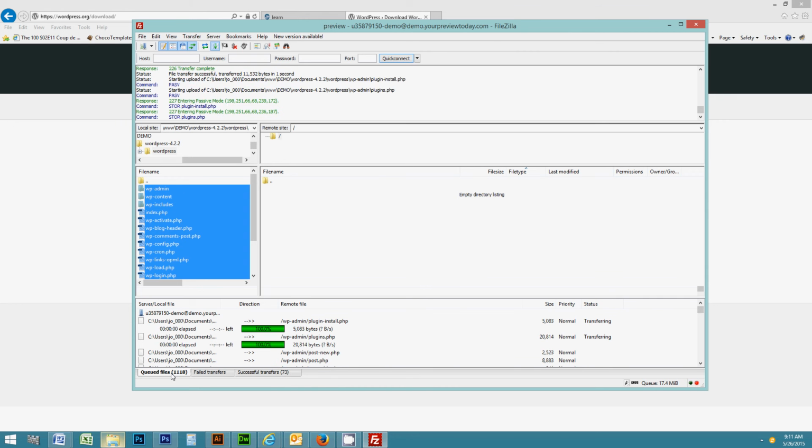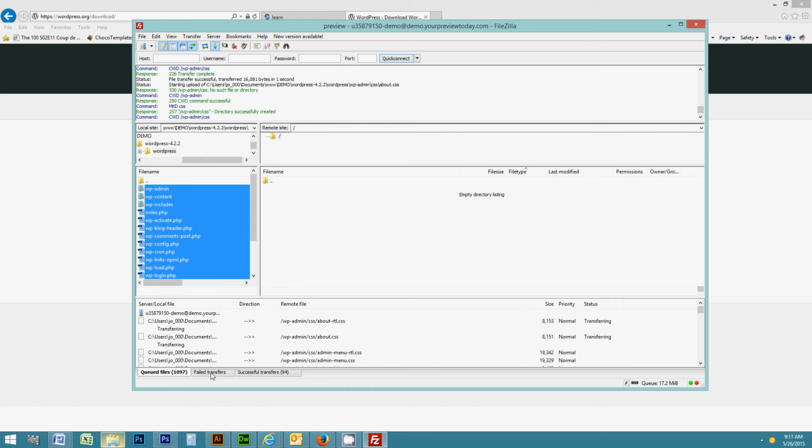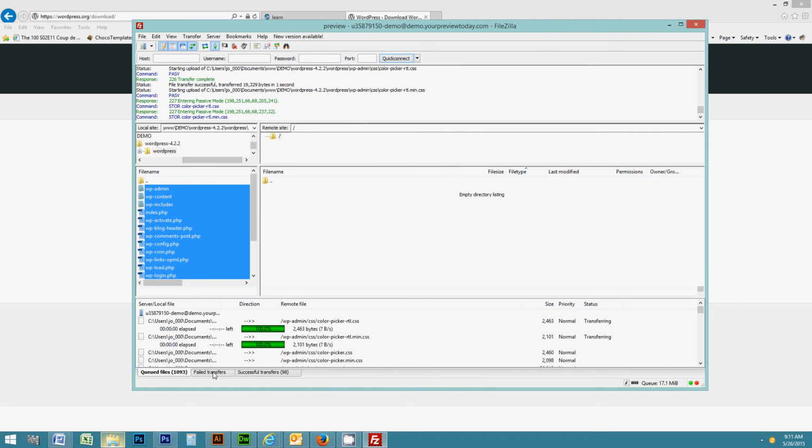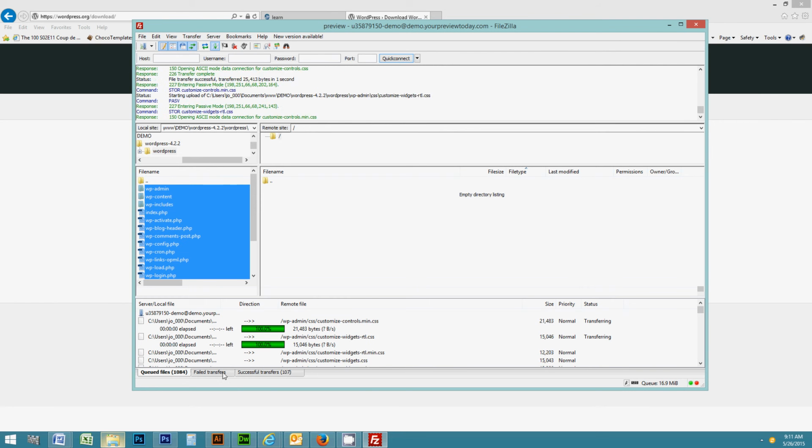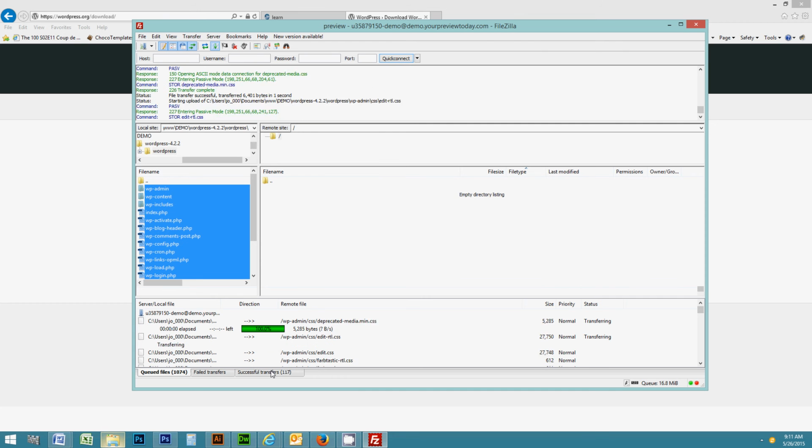And it counts down as they upload. So these are the ones that have been successfully uploaded. And it'll let you know here if any have failed. So this really comes in handy when you're uploading things through FileZilla. You can see how many are uploading, what didn't upload, and you can upload them again if you need to,